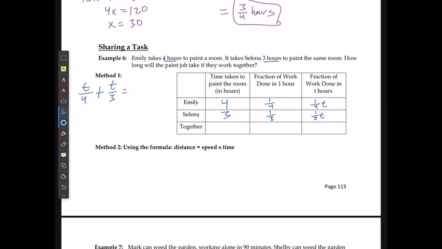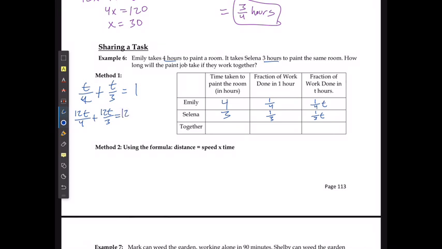is going to equal the amount of time it takes for them to complete one job, because they're just completing the same job together. So their distance is just going to be the one job. So the distance of her plus the distance of her is going to create the total distance of one job. Then, because I have a common denominator of 12, I'm going to say that I have 12T/4 plus 12T/3 is going to equal